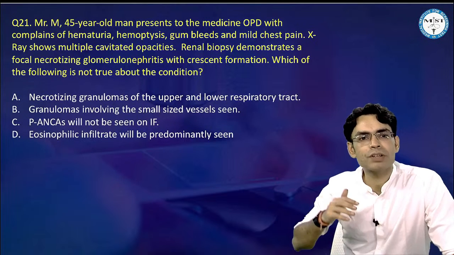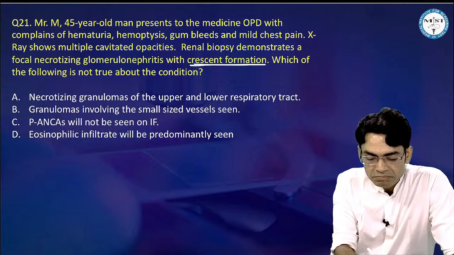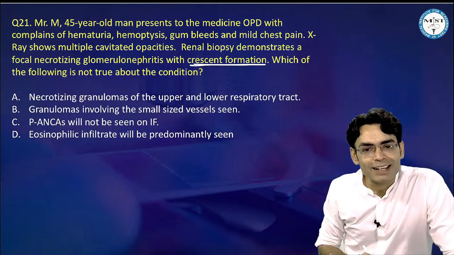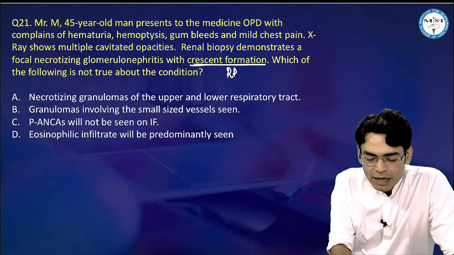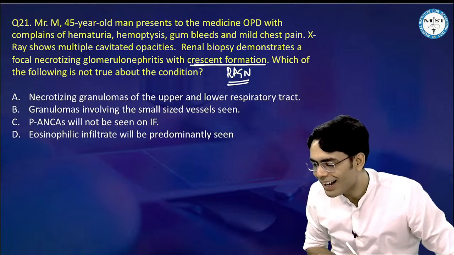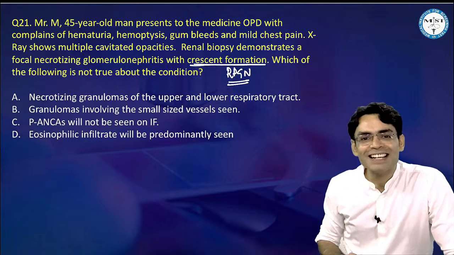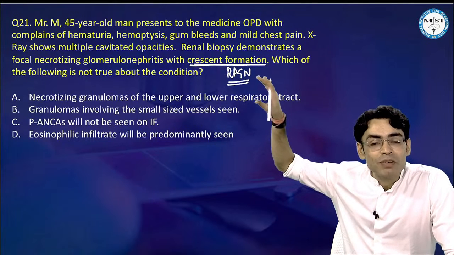Renal biopsy demonstrates a focal necrotizing glomerulonephritis with crescent formation. What kind of glomerulonephritis has crescents? You all must be knowing this is your RPGN, rapidly progressive glomerulonephritis. Wow. Amazing. Which of the following is not true about the condition? So first thing is, you need to find out what is the